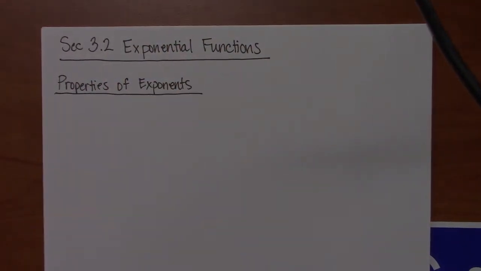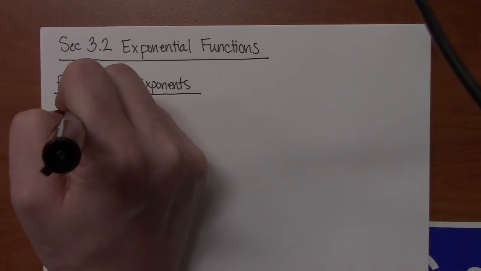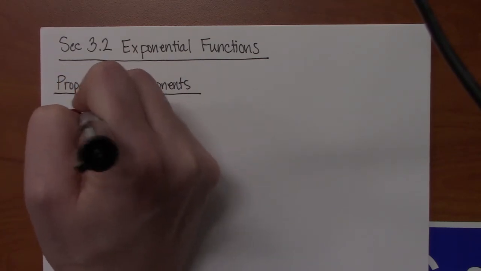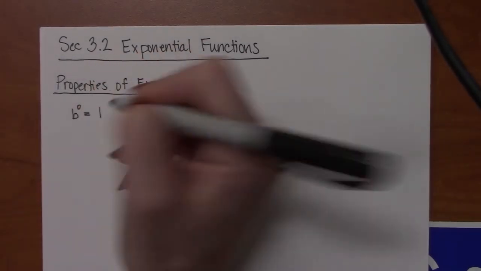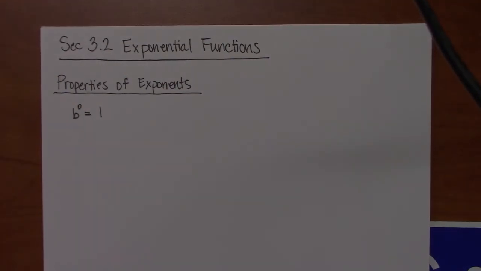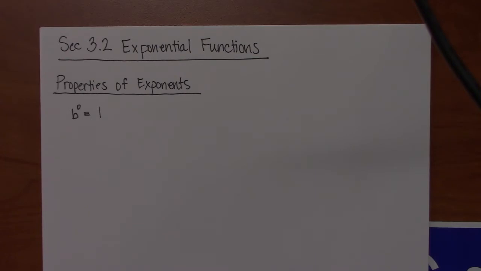So if we take any number and we raise it to 0, so we put 0 in the exponent, it doesn't matter what the base b is. b is going to be a constant. This number will always work out to be 1. And I've seen some weird explanations for this online, and none of them ever really made sense to me. But the way that I like to think about it is if you have,